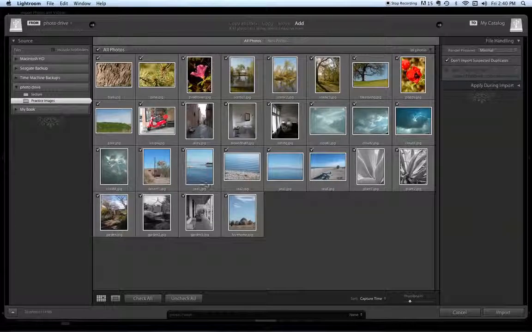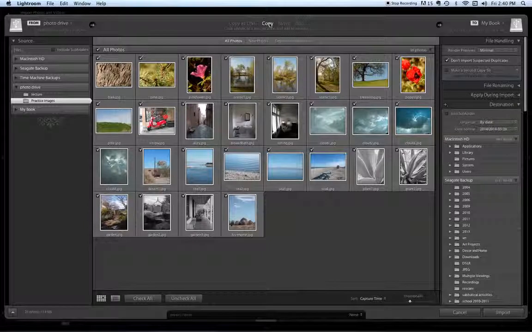Now, if when these come up, some of them are grayed out, that means those images are already in your library, and so they're not going to bring in duplicates. You then have a choice, and the two choices I would suggest are either copy, which is what you do when you want to move images from one location and make a copy of them to another. So for example, you shot on a card in your camera, you put the card in, and you want to copy those now to a hard drive that you have as a backup.